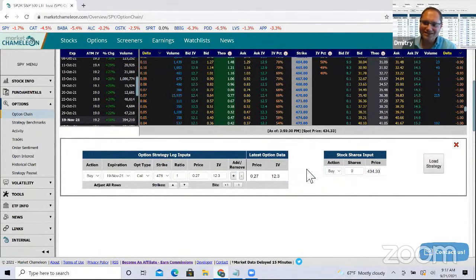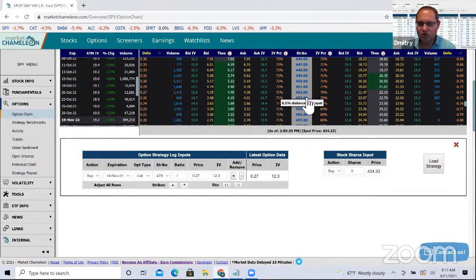So obviously it needs to increase by more than that. If I just buy that and hold on to that, it needs to increase by more than 10% for those options to start being profitable. Now I'm going to go the other way and compare it 10% out of the money.